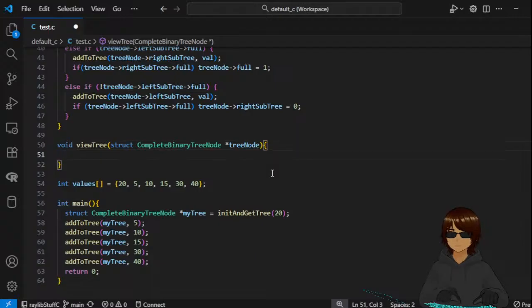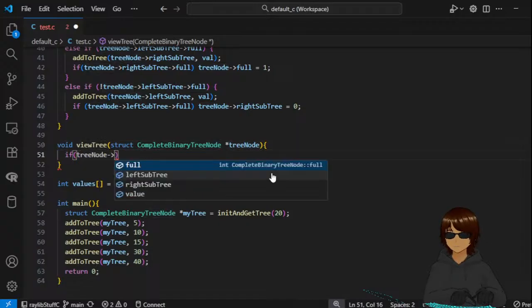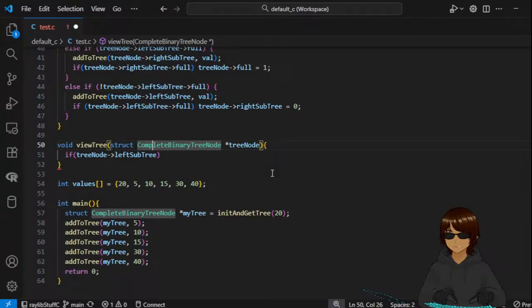So if the tree node has a left subtree, if the left subtree exists, then go do the left subtree. Keep going left, left, left, left, left. Once you have reached the end, print the value,